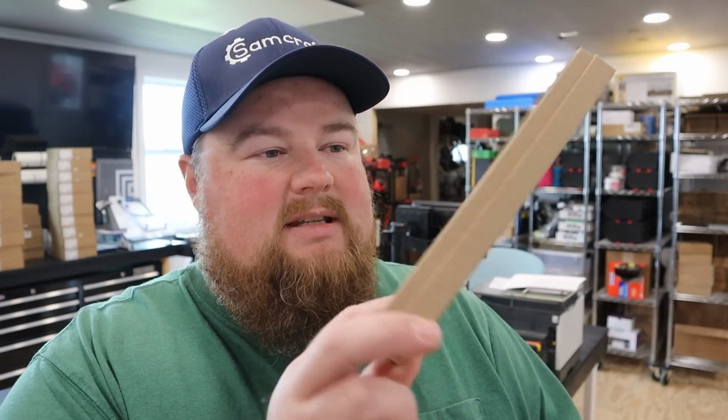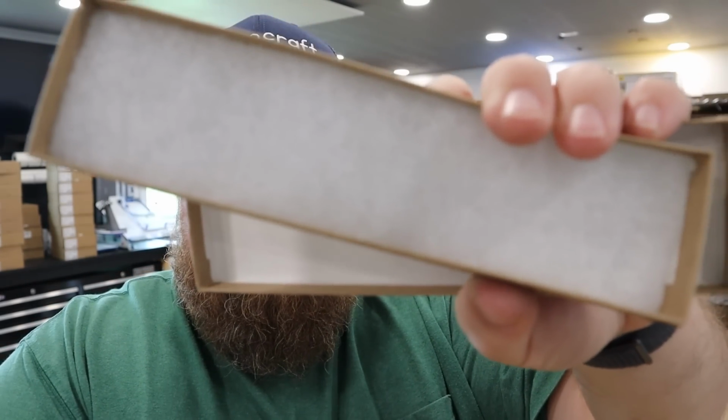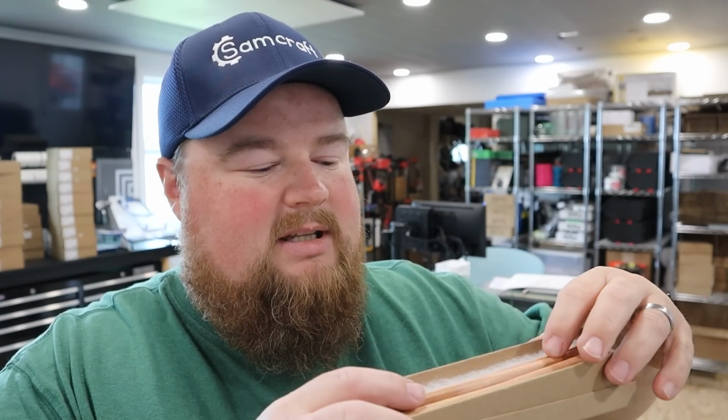Going a little bit beyond just the content of, hey, we engraved pencils, whoop-de-doo, let's talk about product presentation and packaging. I have these jewelry boxes. I think they're actually designed for bracelets. They are a plain craft cardboard material. They come with the little squishy foam paddings inside, and honestly, these are great for doing a little bit of,